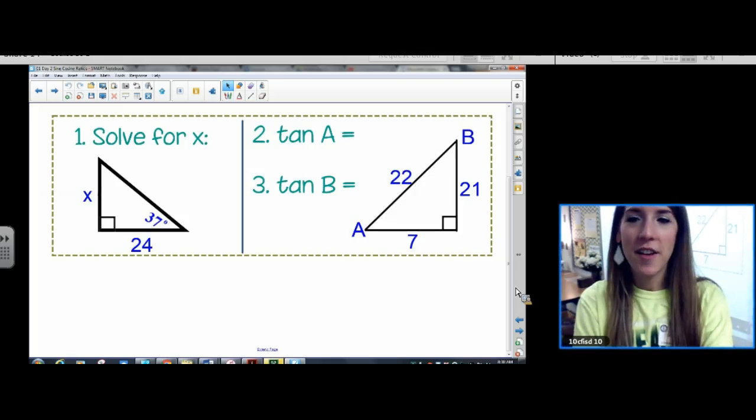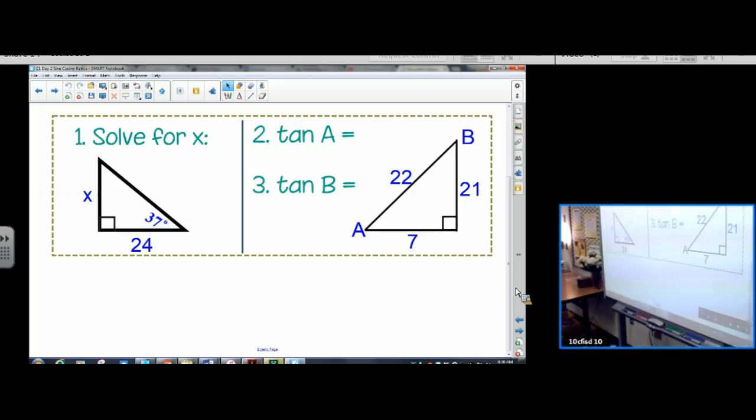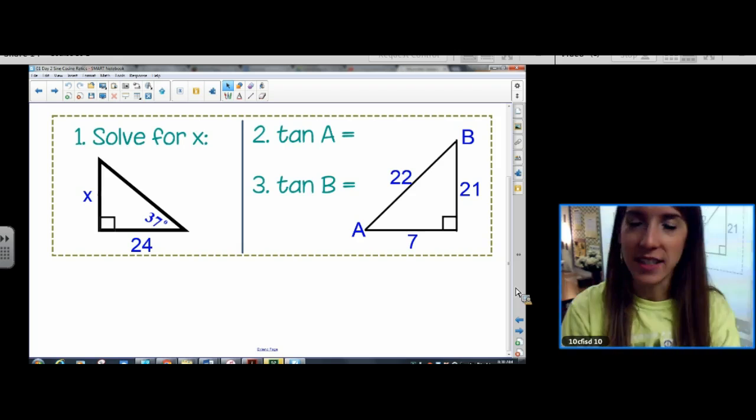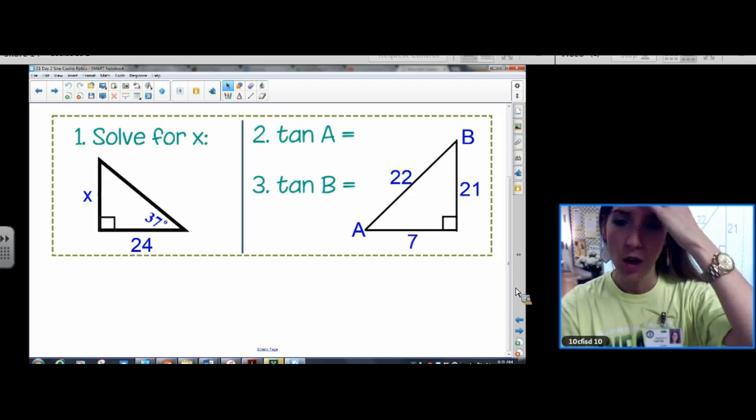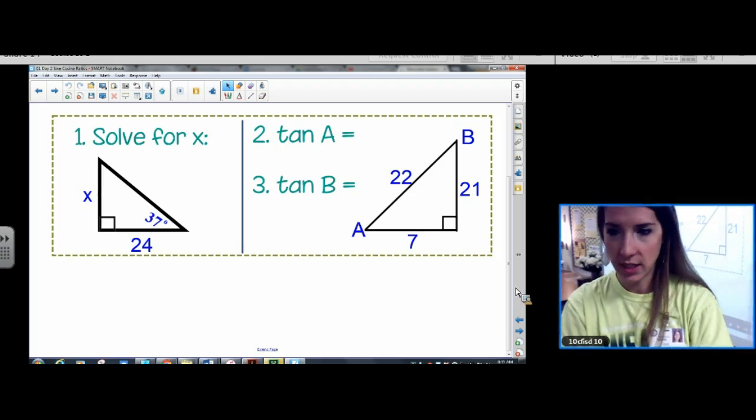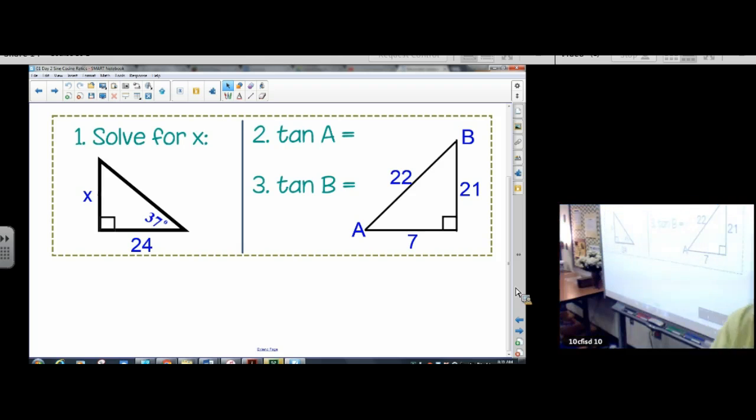So yesterday we learned about a trigonometric function, and its name was tangent. We wrote down in our notes that the tangent ratio is opposite over adjacent. We also learned